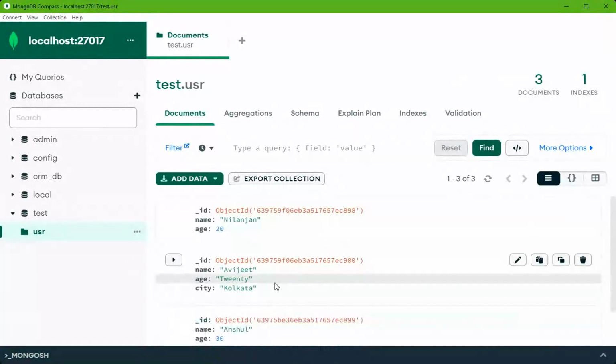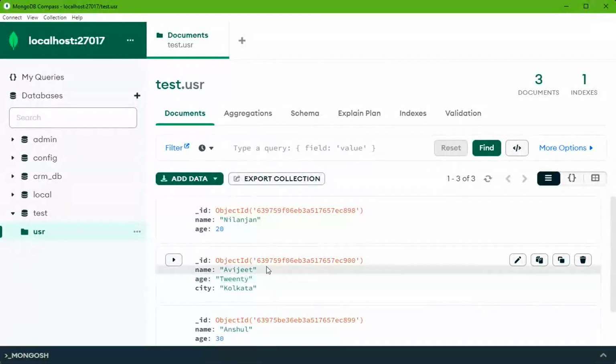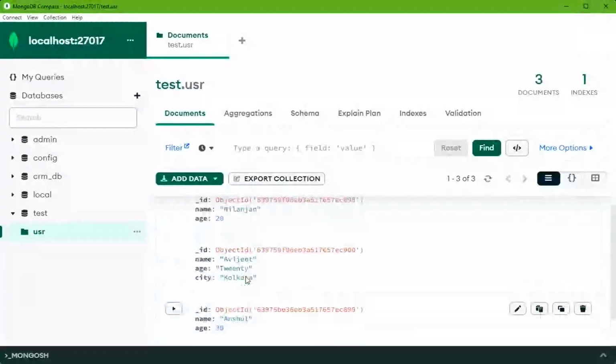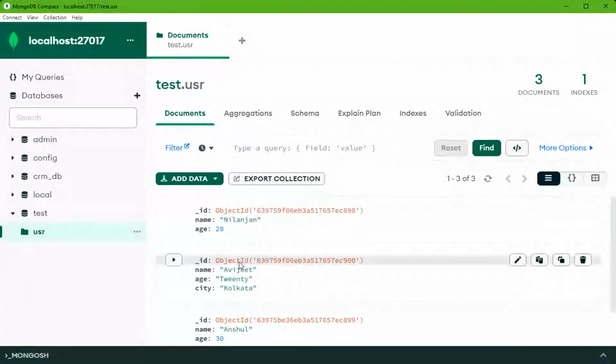So this is called schema-less design. There's no schema. The age is sometimes 20, sometimes 30 as a number, sometimes a string, and all that is allowed. You cannot do this in SQL. Okay.